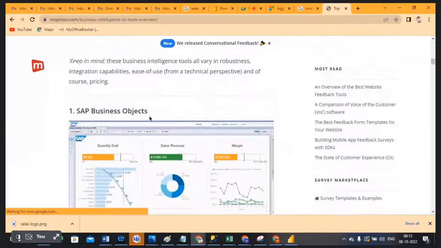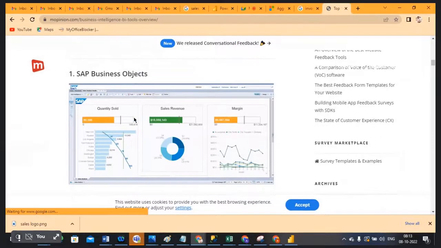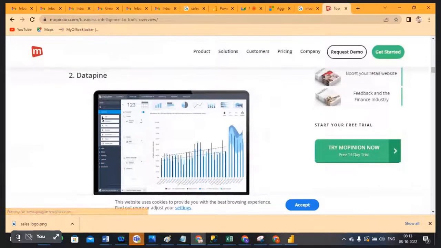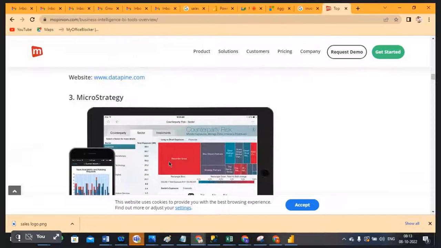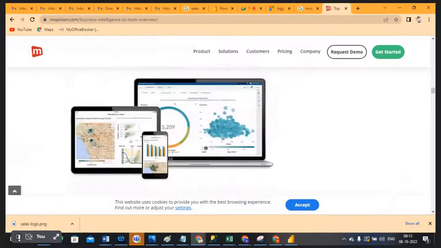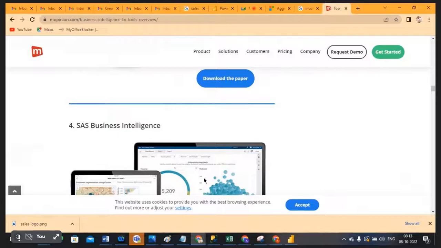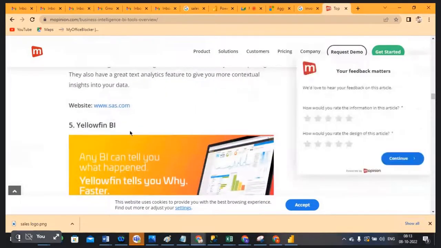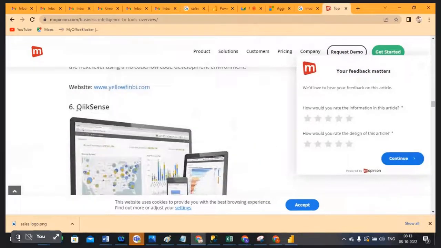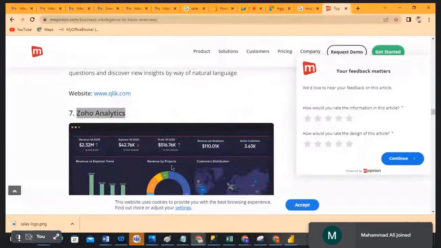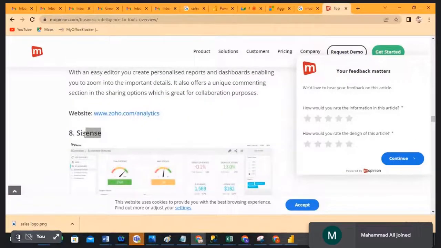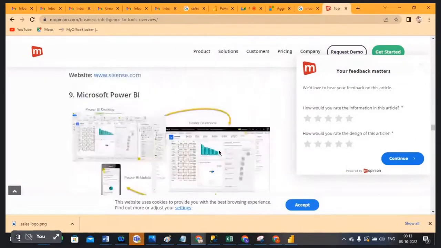See, Business Objects is one of the tools which belongs to SAP. So this is also a BI tool. A BI tool is just a platform. Data pine, MicroStrategy, SAS Business Intelligence, Yellowfin, QlikSense, Zoho Analytics, and Power BI. See guys,